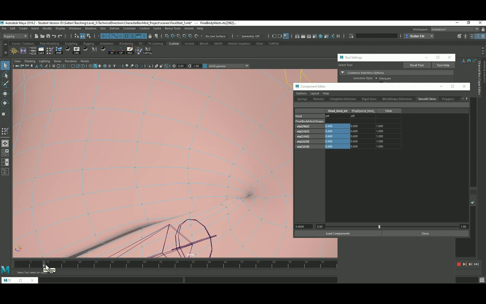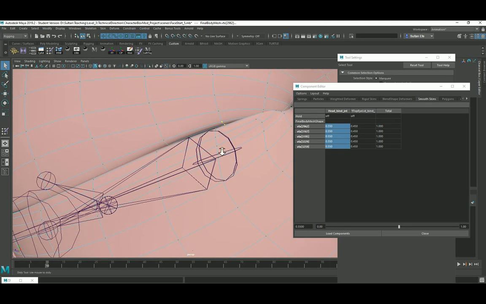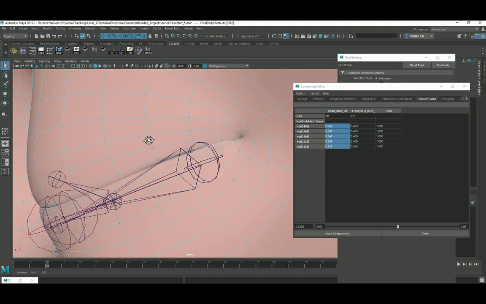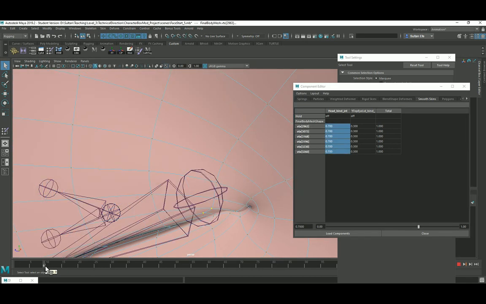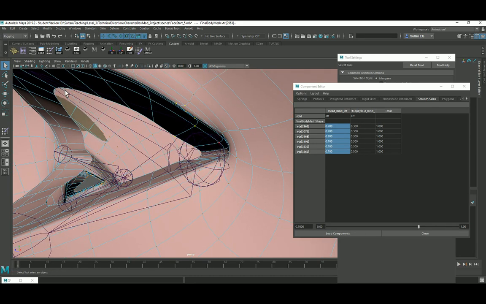Let me just check. Then going back to here, I think yeah, this area we want to view it to